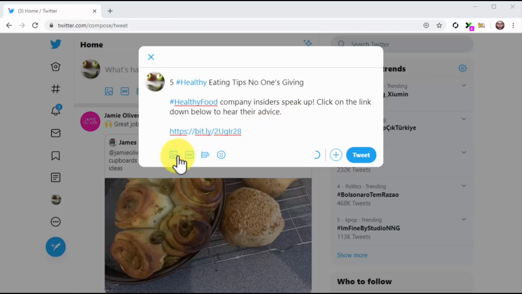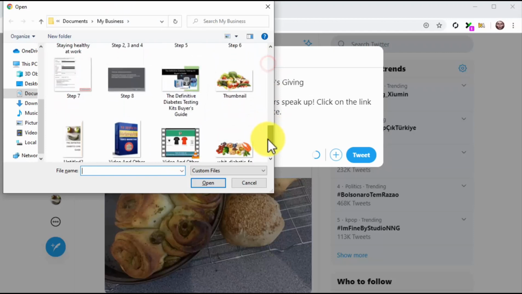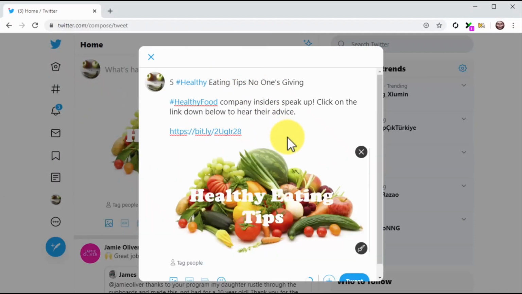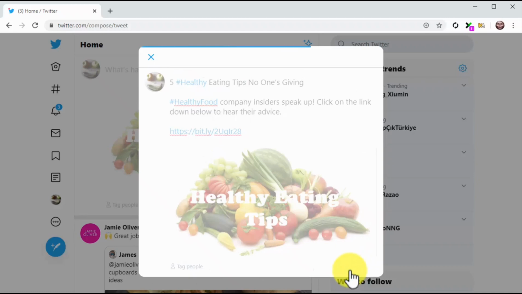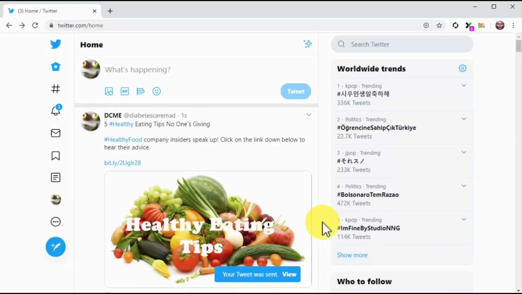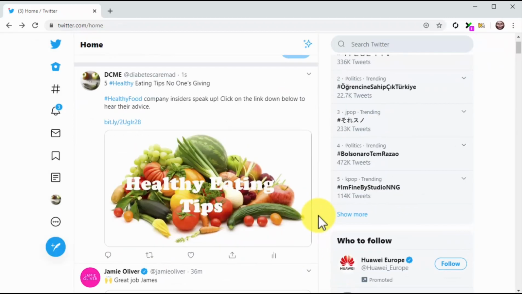Now click on the gallery icon to upload your thumbnail image to the post. Now spell check your post text. Make sure that the link and image are correctly inserted into the post, and then click on Tweet. And that's it! Now your post will benefit from exposure on Twitter too, which is one of the best places